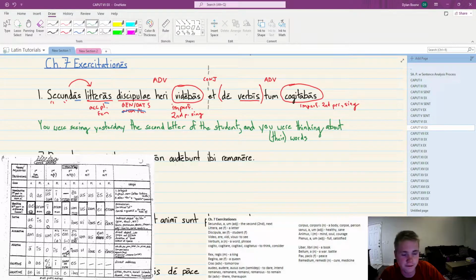And kind of adverbially, we can sub in tunc now. It's like then, or at that time. Then. If we wanted to fix this up, that's just kind of the rough translation. The nicer translation would be like this, right? Yesterday, you were looking